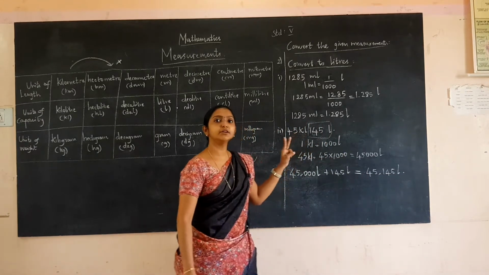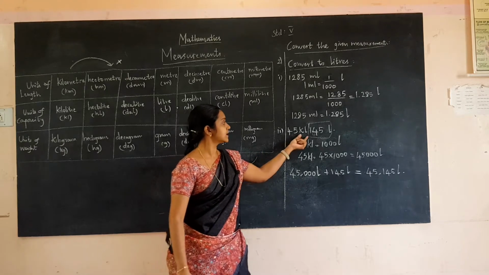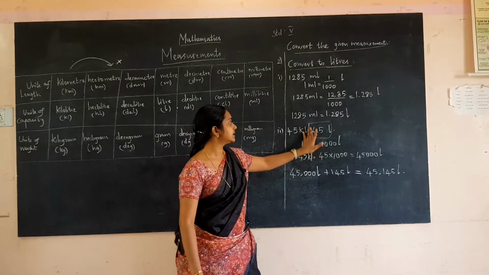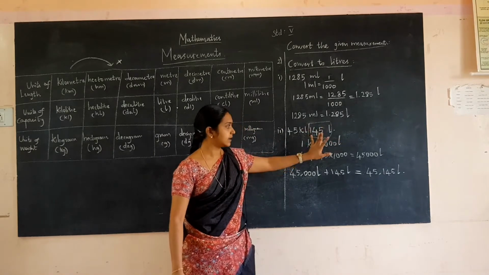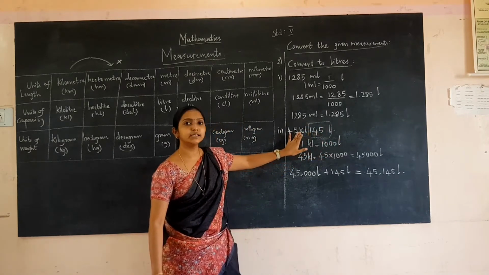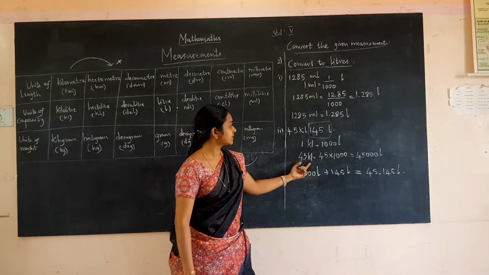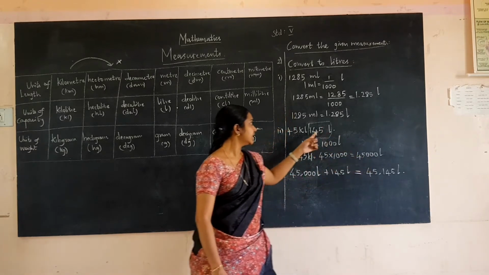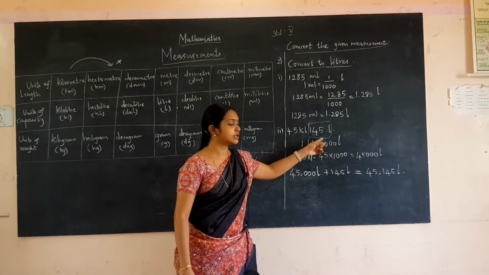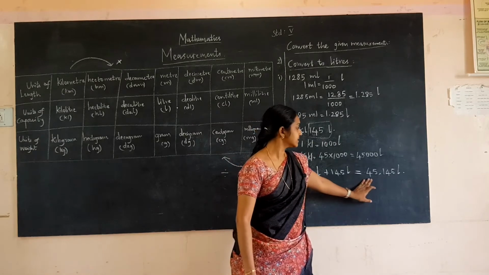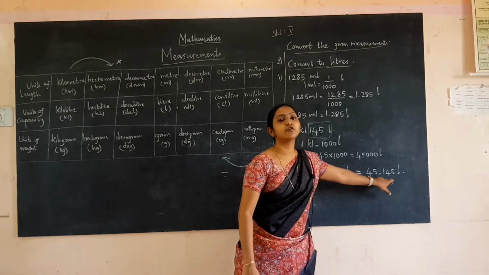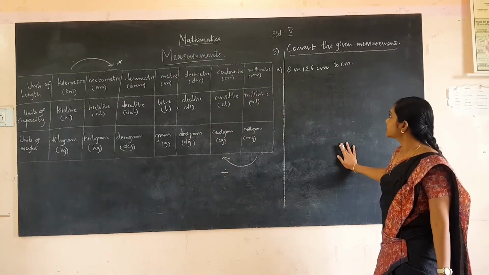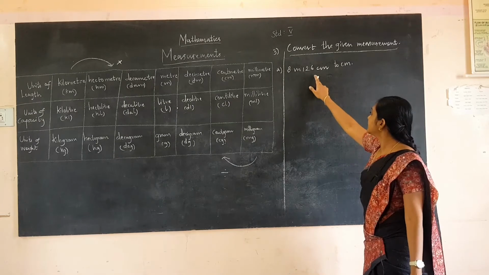Here we are having 2 units of measurement. One is kiloliter and another one is liter. We are asked to convert to liter. So, let us keep that liter as it is and we are going to convert only kiloliter. We have converted 45 kiloliter to 45,000 liter. We are having 145 liter in the question. So, we have to add both and the answer is 45,145 liter. Next question is convert the given measurement 8 meter 126 centimeter to